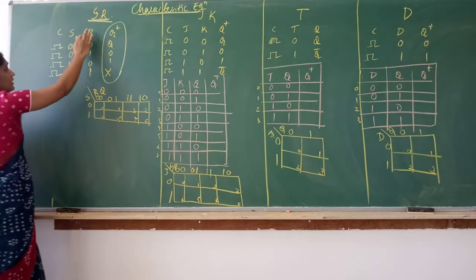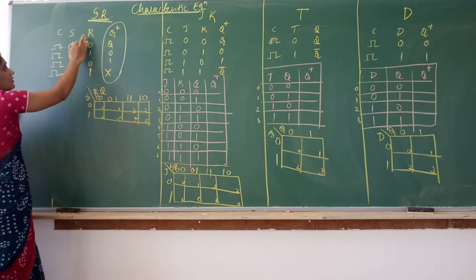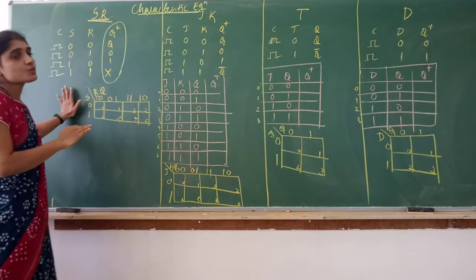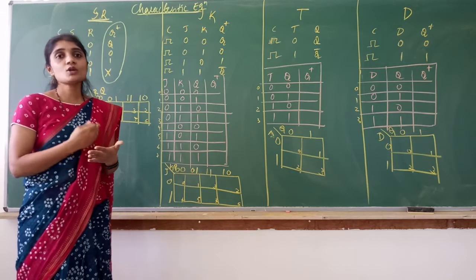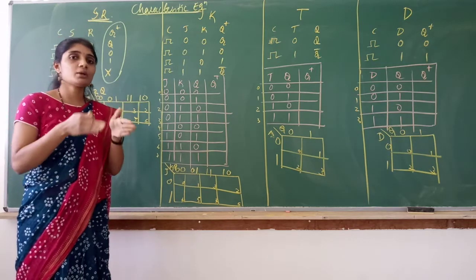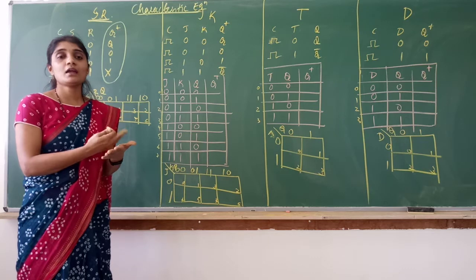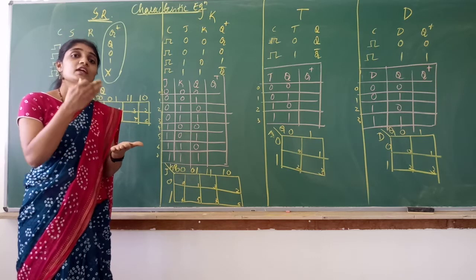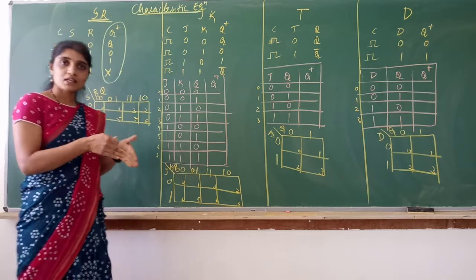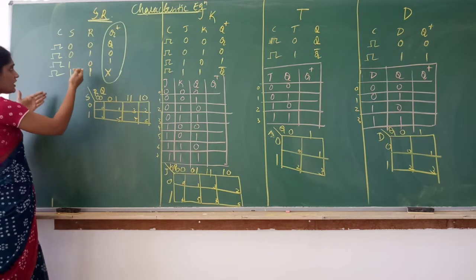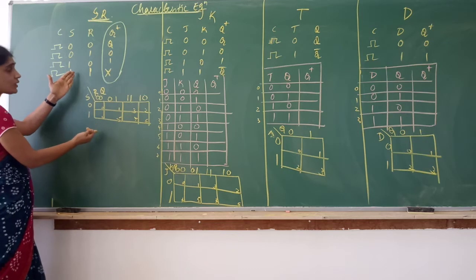So now, if you want to derive the characteristic equation, first you have to write the function table. I can compare this with a combinational circuit. Normally I will take the example of an adder. If I ask you what is a half adder, one way is you can write the truth table and explain. Otherwise you can just tell the sum is A XOR B, carry is A AND B, like that. You can even tell me the equation and explain what is a half adder, or you can write the truth table. In the same way for a flip-flop, we can understand it by looking at the function table, or we can also derive the equation for the same.